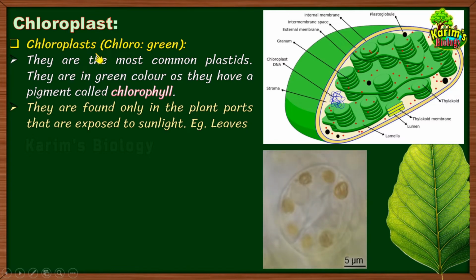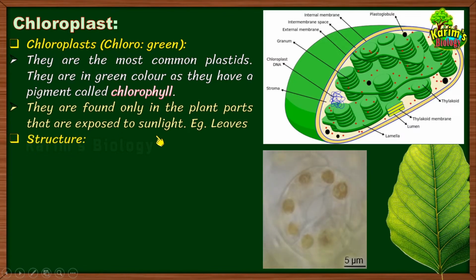But what about the chloroplasts? Chloroplasts are the organelles which are found in the plant parts that are exposed to sunlight. And can you tell me which plant part is exposed to sunlight? Obviously it is a leaf. So within the cells of the leaf you can find these chloroplasts. Then what is the connection between the sunlight and the chloroplast? Why are they found in the plant parts which are exposed to sunlight, and why are they not found in the plant parts which are not exposed to sunlight? That's a very interesting question. That means there is a link between the chloroplast and sunlight, which we will be discussing.